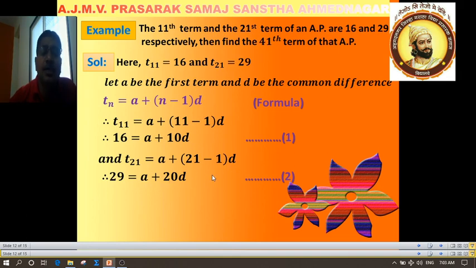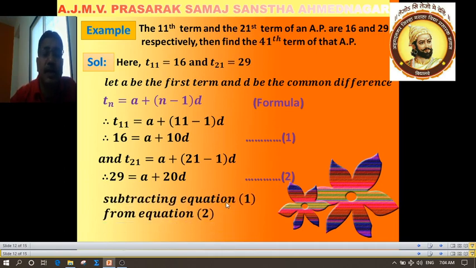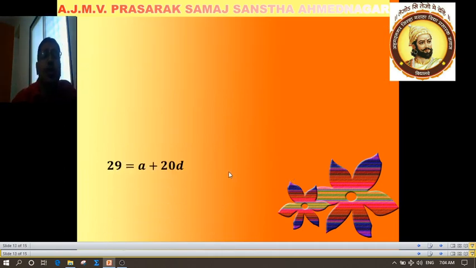a and d. So these are simultaneous equations. And we know that in the first chapter we have studied how to solve simultaneous equations. Now solving equation number 1 and equation number 2, we get the values of variables a and d. Now observe that the coefficient of a is 1, the coefficient of a is also 1 in equations 1 and 2. So subtracting equation 1 from equation 2, we have